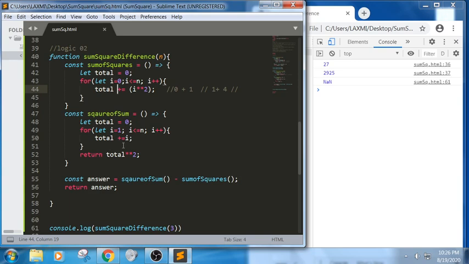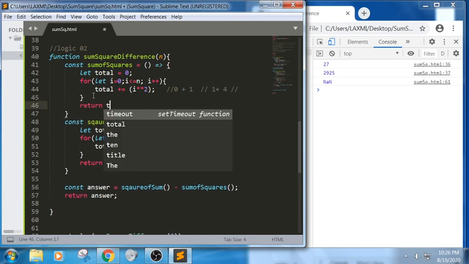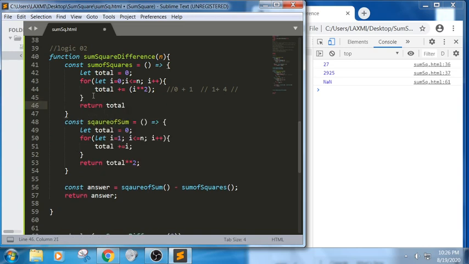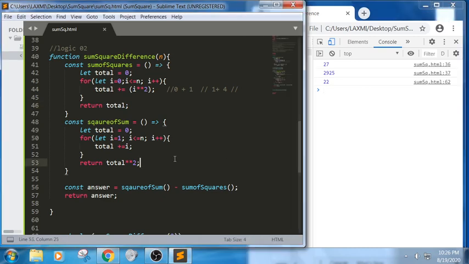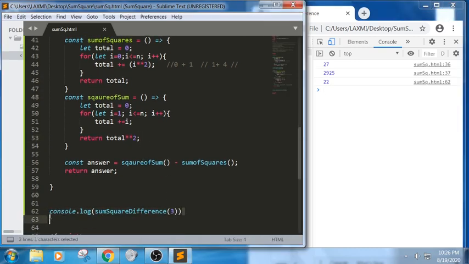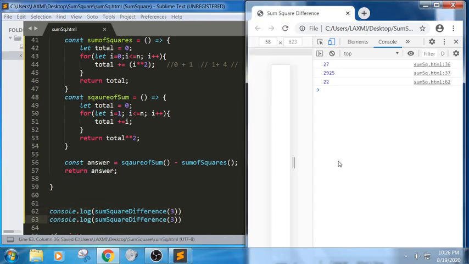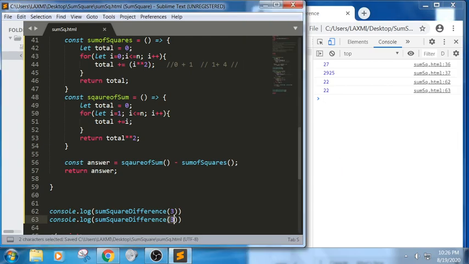See here, we have calculated the value of square of sums, but we haven't returned the value here. What would the value be now? Total, right? Yes, it is total. So it is trying to return the value of total here. Let us see now. We got 22. Let us write the same logic for 10 also. Let us check whether both functions are performing the same output or not. Sorry, we haven't changed the value.